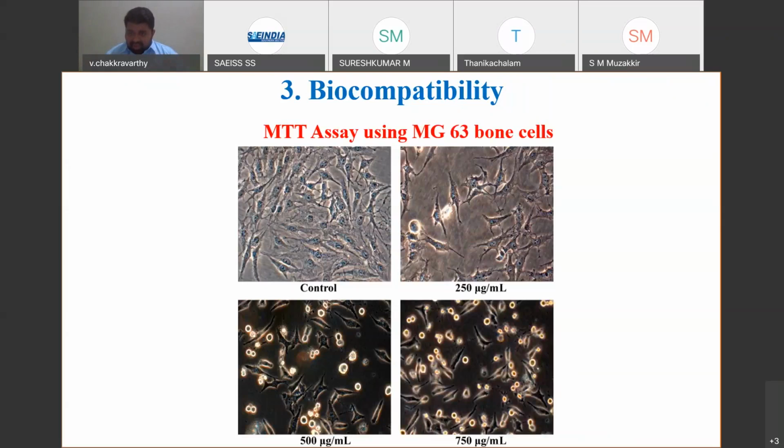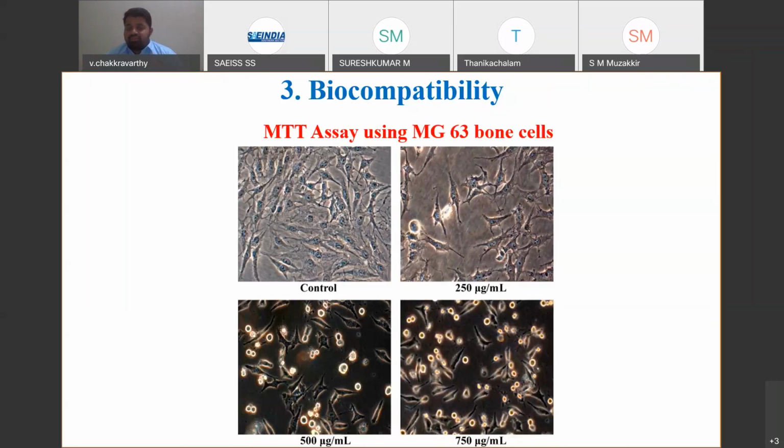Then maybe some kind of intermetallic or some other new compound may form, and it may or might not affect the biocompatibility. So in order to clear that view, we can test our sample with the MTT assay. We can cut a very small sample like 1 centimeter square, and we can dip our sample in bone cells. Okay, like these MG63 bone cells, otherwise called pre-osteoblast cells. In those pre-osteoblast cells, you could immerse your implant over a period of time, like 5 or 6 days, and you could see how many bone cells